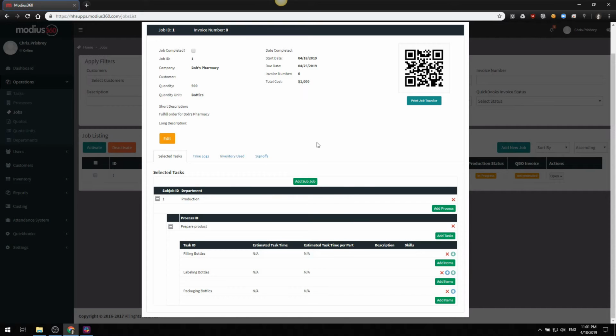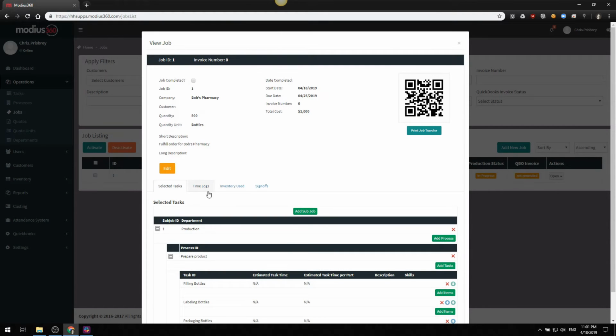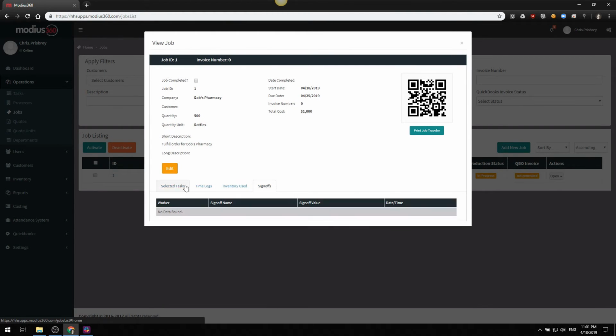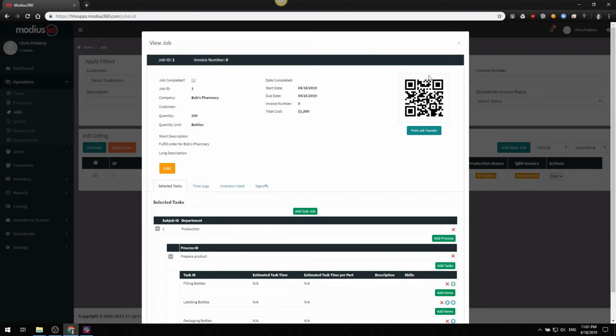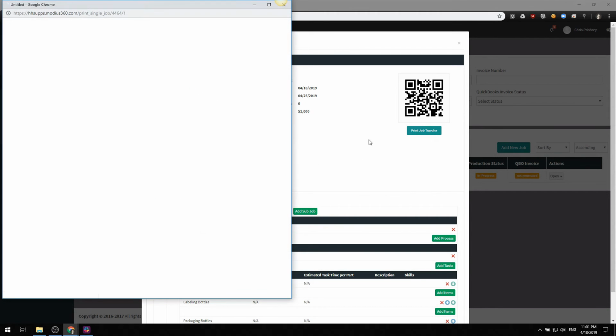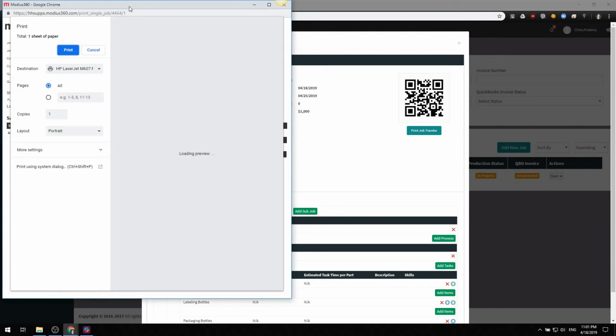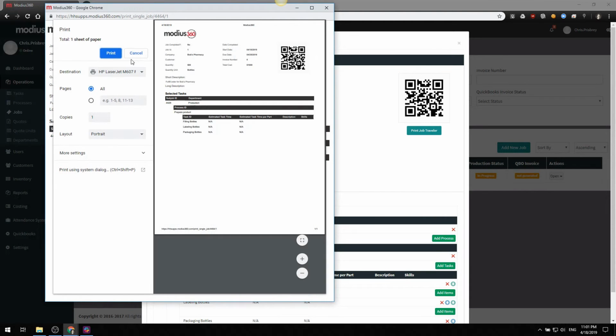We've got everything here updated and done. Again, we've got nothing here because we've never clocked into it. And over here you can see that we have our QR code that is going to be used for the employees to clock into. They're going to scan that with their phones. And so in order to do that, you're going to need to print a job traveler. So if I come over here and select print job traveler, you can see you're able to pull that up